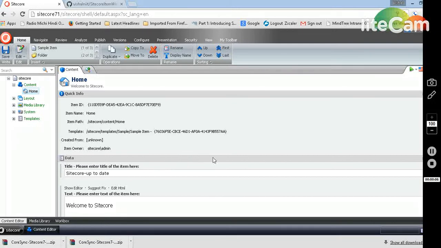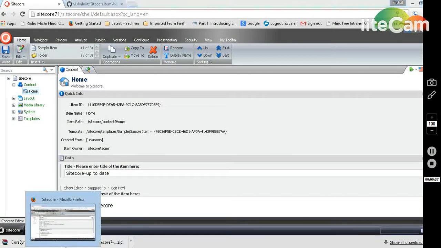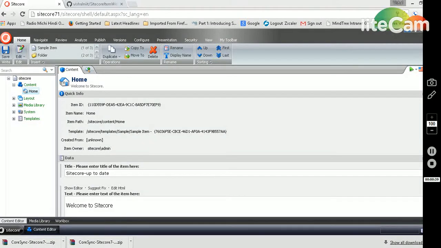Last time I started by saying what we need as a prerequisite, so I'll quickly summarize it again. Of course, we need Sitecore item web API working and kicking. Second, we need PowerShell extensions. That part is basically for automation when you want to automate your backup jobs. Otherwise, we don't need it. Then, if you have successfully installed, you need to check whether your tool is coming up or not, and I'll show you how to quickly tell that.